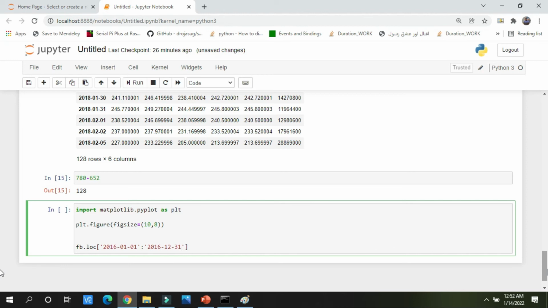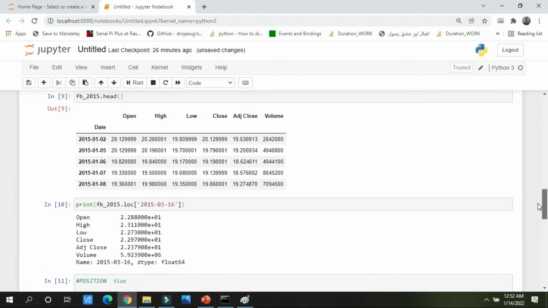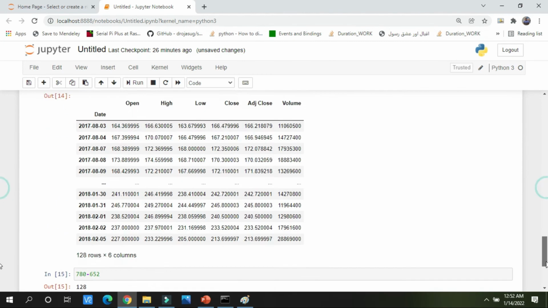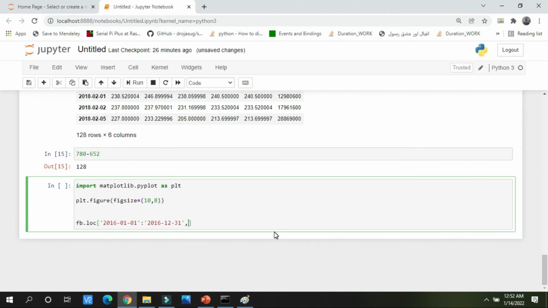Now, which column do I want to plot? After writing the slicing dates, I will add another comma. I have already told you how to slice in this step, so I am not storing it in another variable right now, I am just plotting it. After slicing, I have written a comma and the column I want to plot.